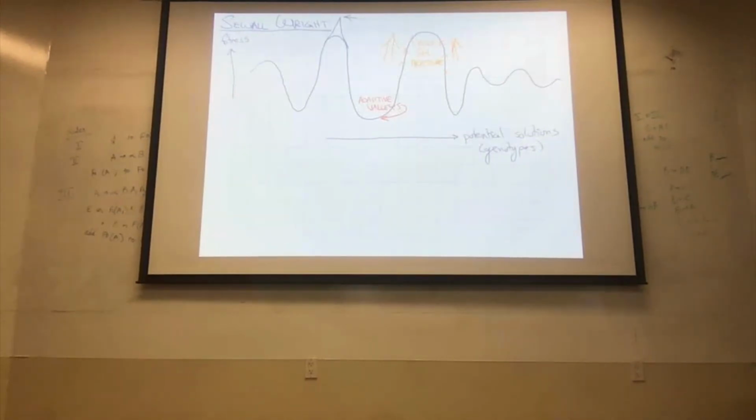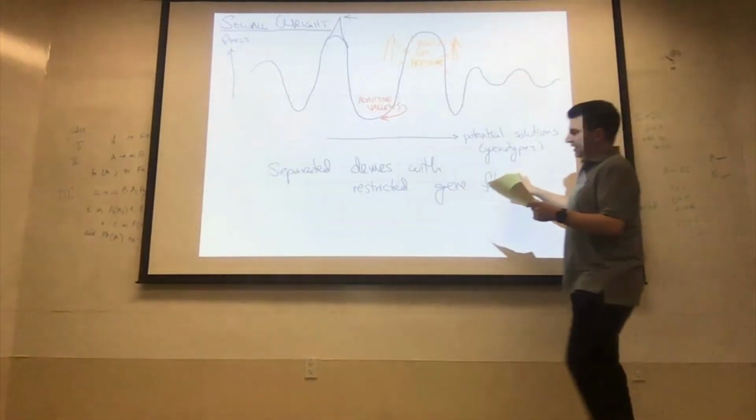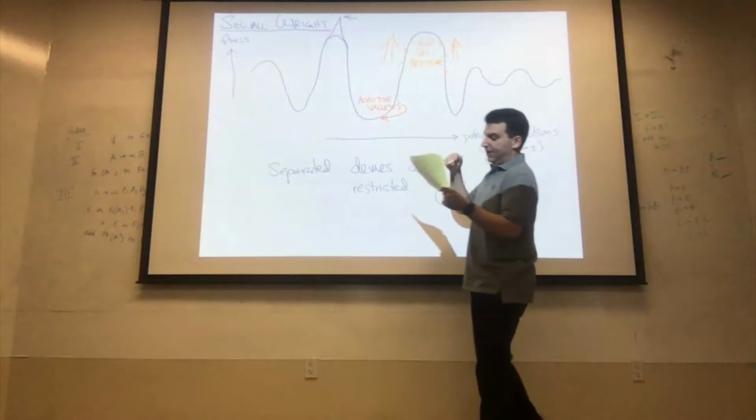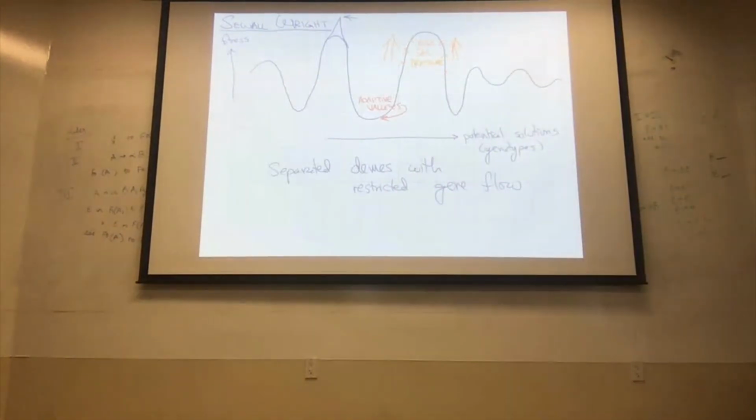So we've got separated demes with restricted gene flow. And there are periodically these events which allow for migration. And so this was the so-called Sewall Wright's shifting balance theory,